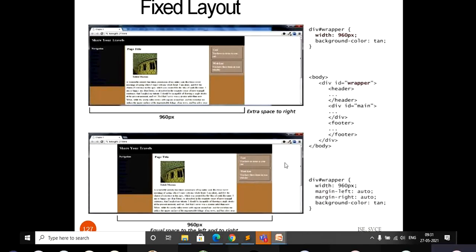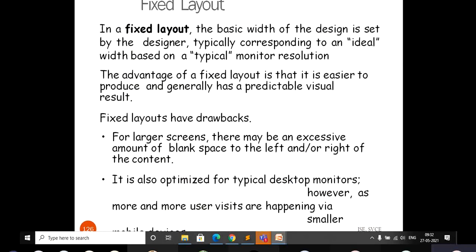So how can you fix the window size? That is in terms of width. The width of this is fixed to 960 pixels. Whatever you change the window size to, this width is not going to vary. Even if you are using a wider screen or wider window, it is going to leave a lot of white space between the left side and right side, sometimes even the bottom. That is the problem with the fixed layout.